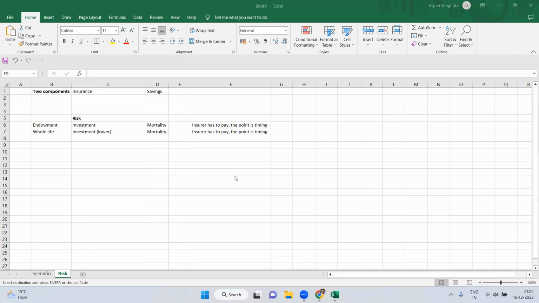Now the portion that goes for the saving component will behave like a saving account. For that portion, you are required to be given some amount of interest. That interest is not fixed and not explicitly mentioned, but you need some amount of interest, and only then can it qualify as a saving product, because you are lending the money to the insurer, and the insurer has to provide you some interest, right? That's the basic concept of saving.